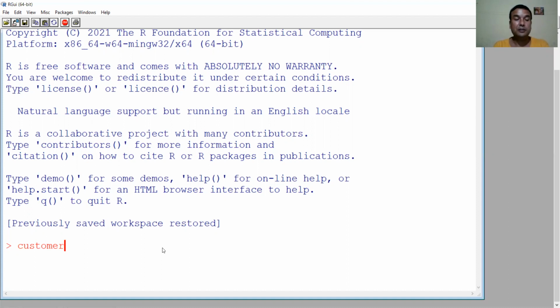And let's proceed. After giving the name of the file, customer, we use this assignment symbol as usual. Then to import the CSV file, we follow a code here like read.csv. Then start a bracket, then start inverted comma, and then we need to get the location of the CSV file. So to get the location of the CSV file, let's see where the CSV file is.